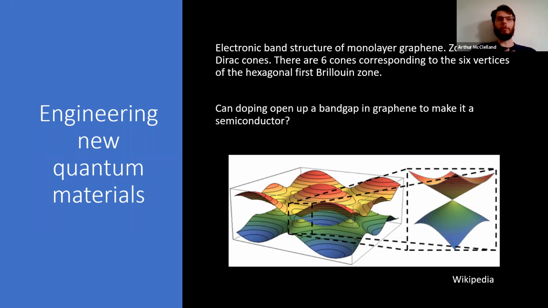All right, so hopefully that was a reasonable introduction to the ideas and techniques on engineering new quantum materials. We want to control the electronic band structure, usually using defect engineering, so that we have some things that are conductive, some things that are semiconducting, and some things that are insulating, and then we can put them together into a full device.